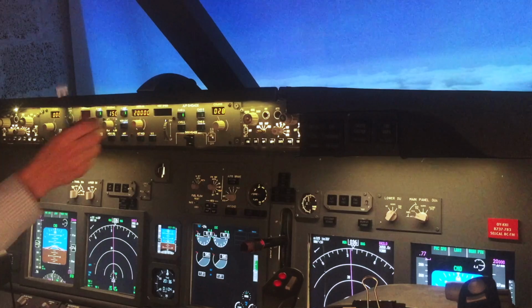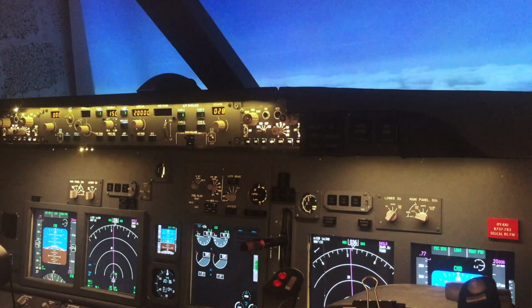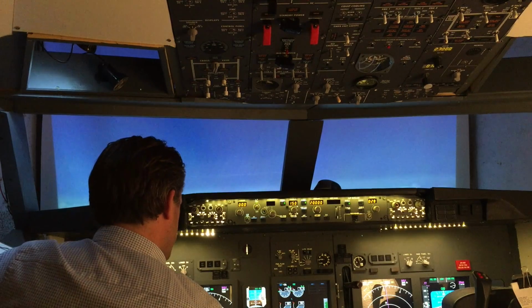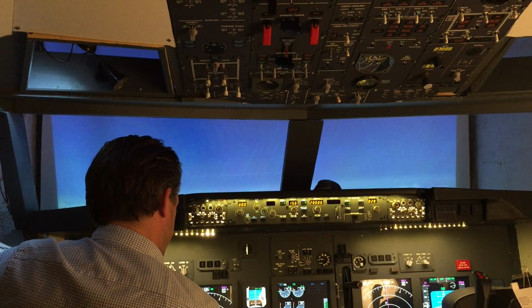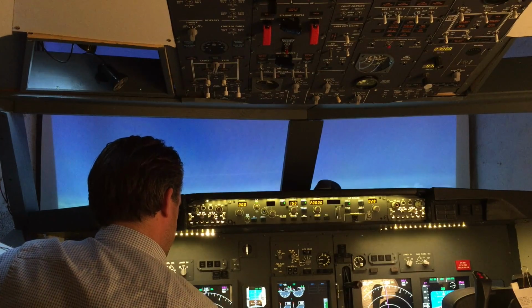So, we just asked to reset the altitude, here we did. And he only cleared us down to flight level 200 because we're going to be switched over to Copenhagen very shortly, and he will take care of the further descent. Just put 3,000 in there for our...